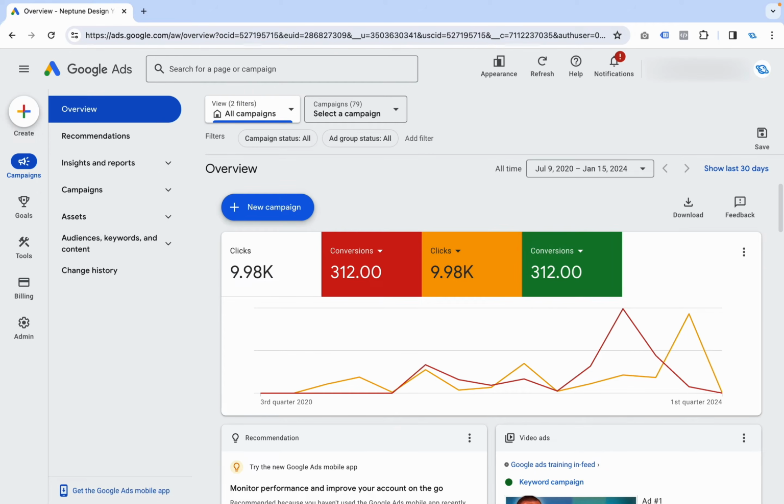All right, so first of all, some of you might be looking at this Google Ads dashboard and thinking to yourself, man, how am I ever going to learn all of this stuff? How am I ever going to understand what all these buttons and graphs mean? You might feel a little bit overwhelmed and a little bit anxious. Now, I'm here to tell you that that's actually perfectly normal.